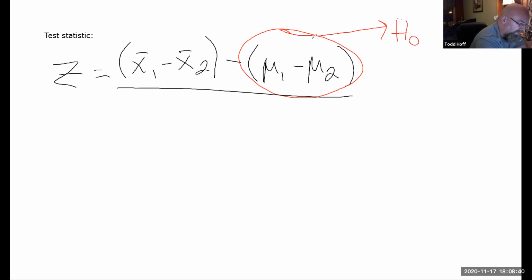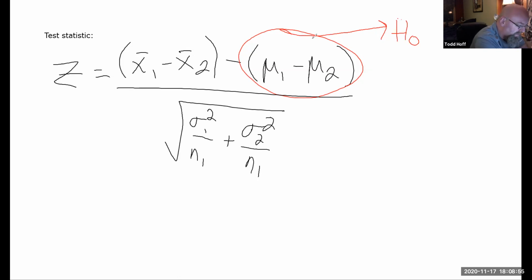Over, of course, that'll be our standard error, the square root of. Now, if this is z, we would have our population standard deviations, so it'd be sigma in there. If we do not know population standard deviations, our test statistic